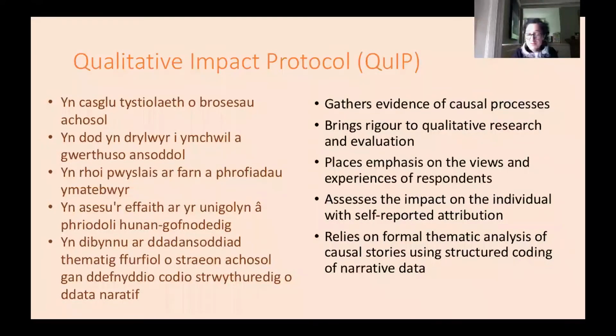QIP is a qualitative research method. It was developed by Bath Social Development Research Limited as a method to assess impact and gather evidence on causal influences in complex situations. Key elements of QIP which have informed our work include its focus on participants' own perspectives and views and its method of inductive coding. QIP coding focuses on identifying causal chains, cause and effect: influence factors, which are causes, and consequence factors, effects.